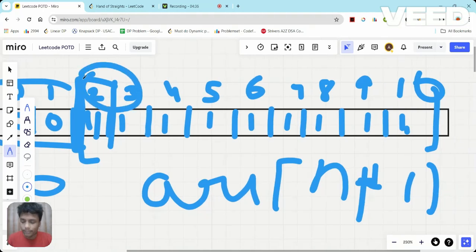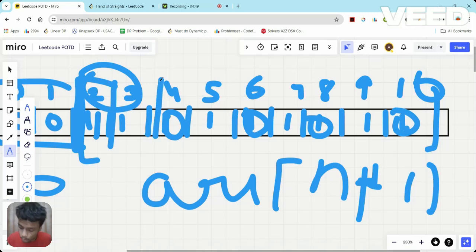Now all the multiples of 2 will not be prime. I know that, so I will change their value to 0. All the multiples of 2 will be converted to 0, meaning they cannot be prime. 2 is a prime. Now I know that 3 is a prime. Now all the multiples of 3 will be converted to 0. So 6 is already 0. Now I will convert 9 to 0 as well.